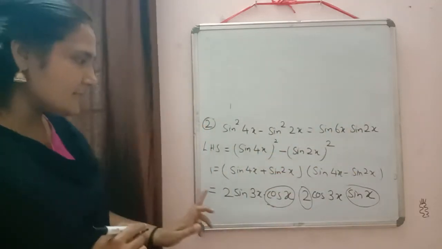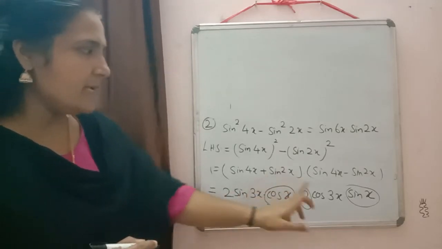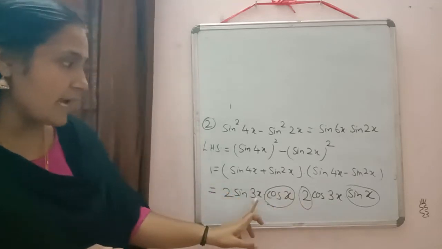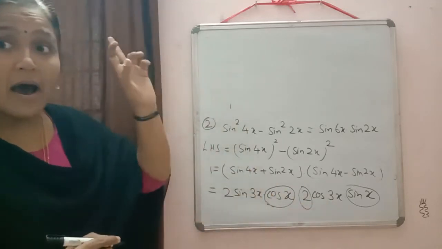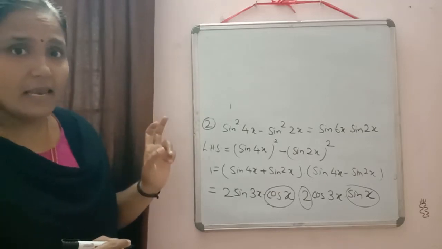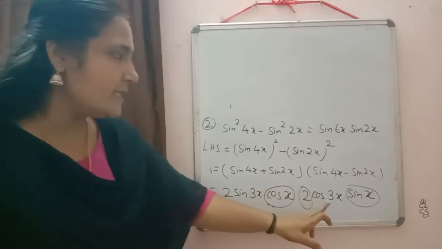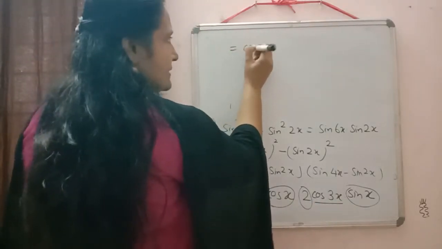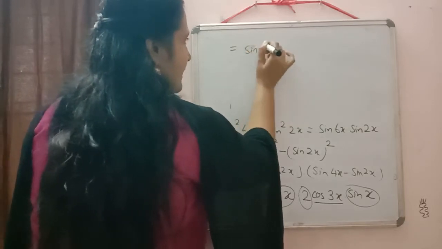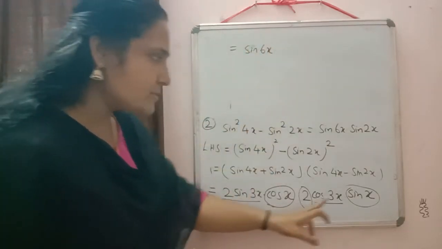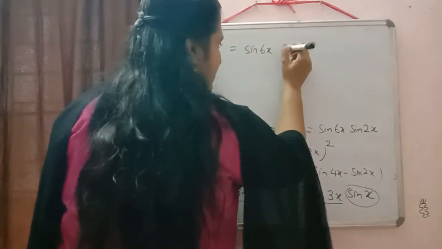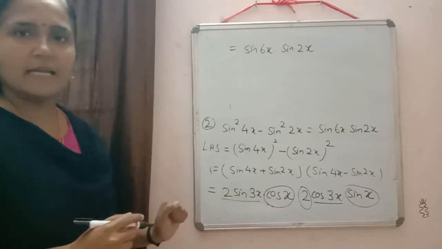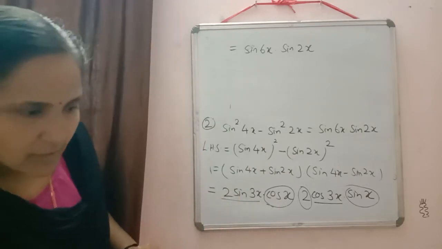In the same way, just to check, 2 sin 3x into cos 3x. So in the formula we are writing whatever the angle we wrote here, that is half of the angle which is there in the left hand side. So 2 sin 3x into cos 3x, that will be equal to sin 6x, and 2 sin x into cos x, that is equal to sin 2x. So in this way we have to use the formula. So one more question we will do of that type.